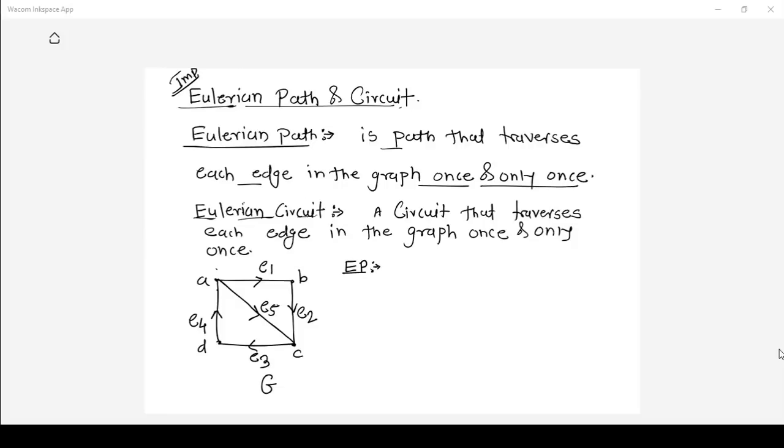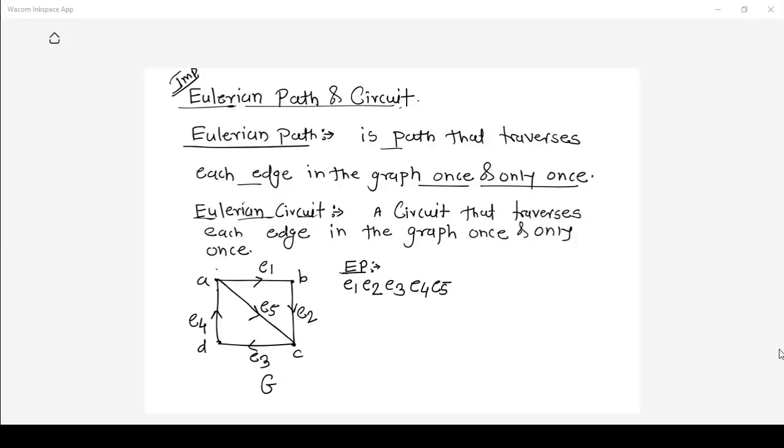For an Eulerian path, every edge of a graph should appear exactly once in the path. Suppose I write the path in terms of edges. I'll start from edge E1. So E1, then according to the direction of the edges, I'll go to the edge E2, then edge E3, then edge E4 and then edge E5.